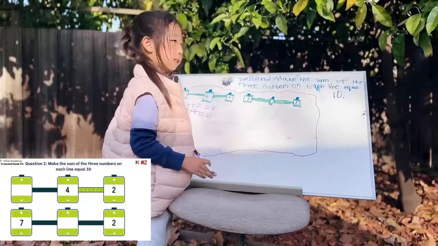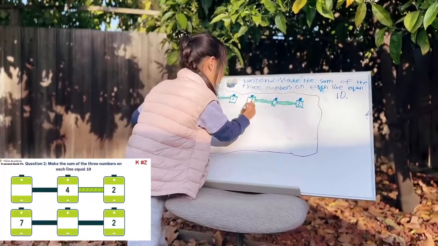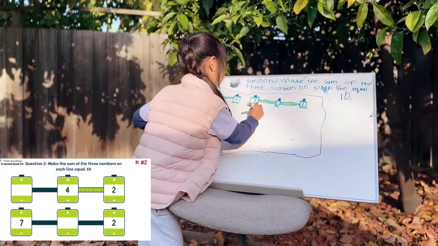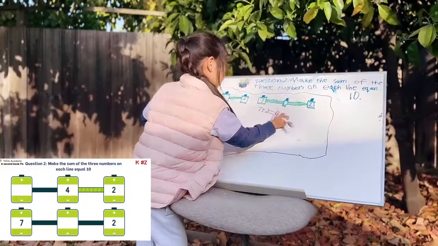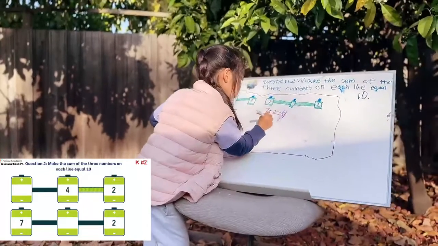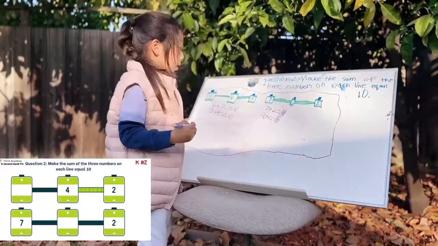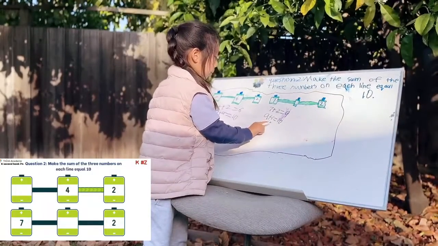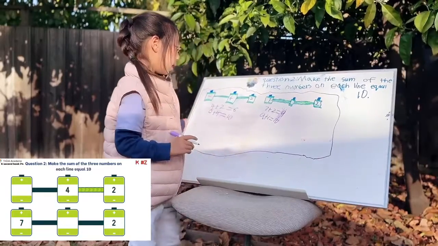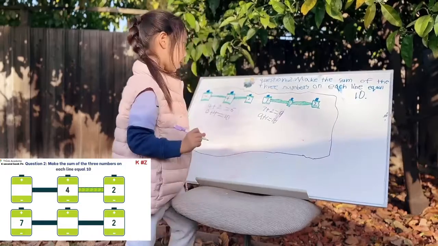Now let's look at the second question. We know that 7 plus 2 equals 9. 9 plus 1 equals 10. We just need to take the second number of the second sentence into the blank. Now we know that the second